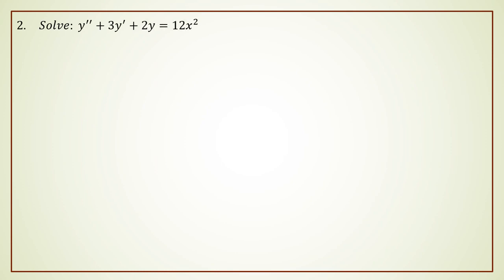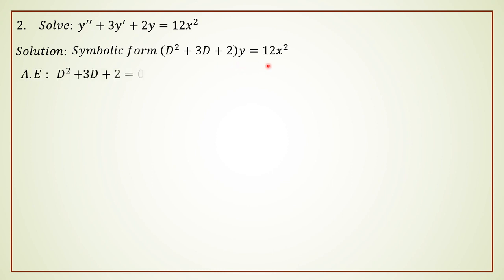Solve the differential equation y double dash plus 3y dash plus 2y is equal to 12x square. Solving the differential equation is nothing but finding the complete solution of it. So let me first write the given differential equation in terms of the differential operator. The equation is of the form D square plus 3D plus 2 of y is equal to 12x square. So write the corresponding auxiliary equation. The auxiliary equation is D square plus 3D plus 2 is equal to 0 with the roots D is equal